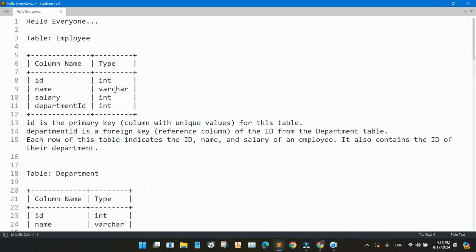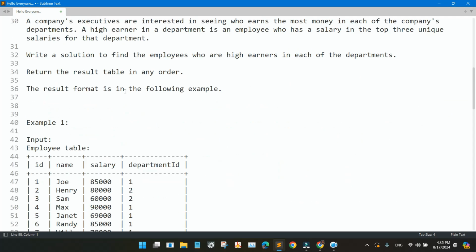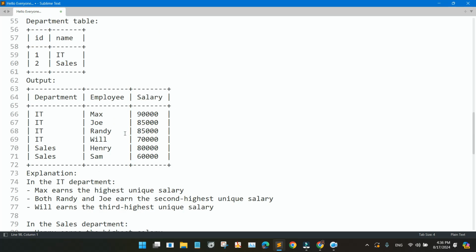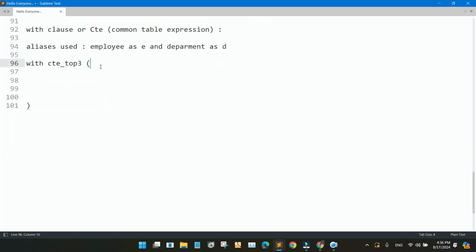So when we join these two tables, we will be getting E dot name as employee name, and D dot name as department name. So we'll use D dot name as department, or